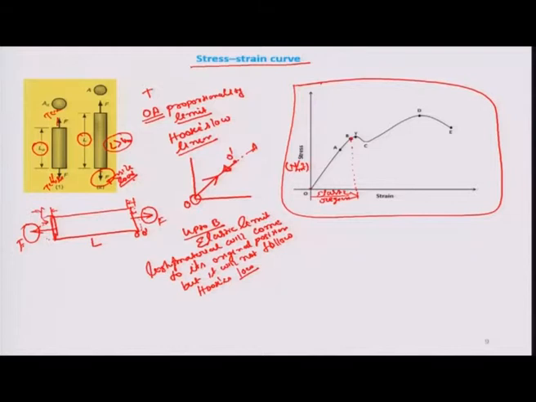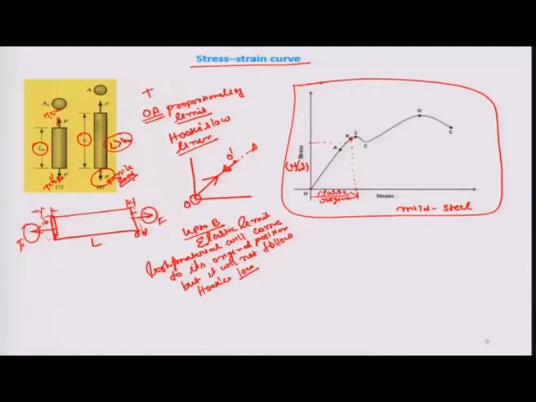Okay. So if you are applying a load on any material, this diagram is for mild steel. Every material will have a different kind of stress strain diagram. In case of mild steel, if you are applying a load up to somewhere around this one, after removal of load, material will come into its original position. Okay. So that is the elastic region.